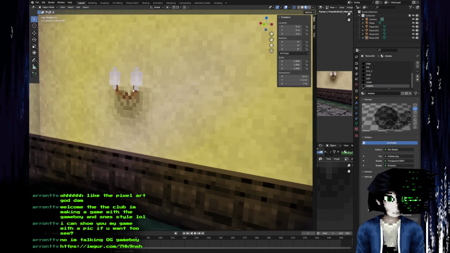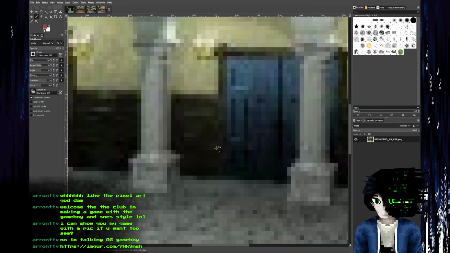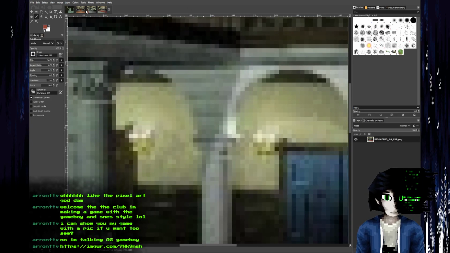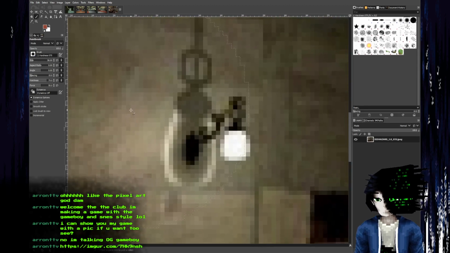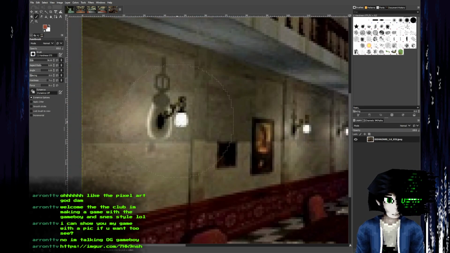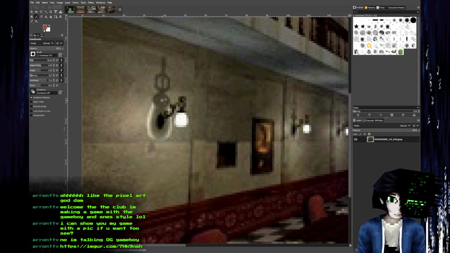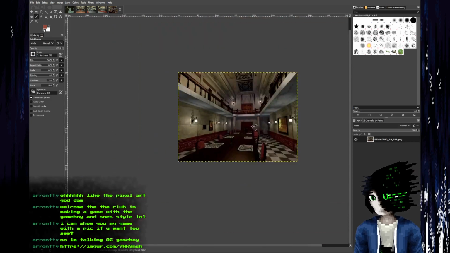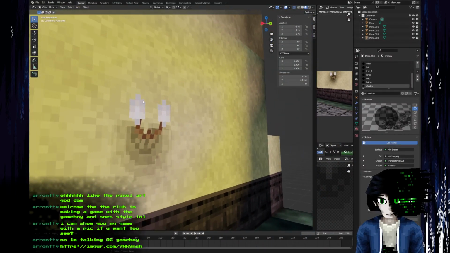Now we do have a bit of a problem here in that this light is just basically being lost against the backdrop. Whereas that wasn't really so much of a thing here. I think it was more of a bug than anything, an art bug, not a code bug. I'm pretty sure in this case this surface isn't actually emitting light, and they've got a light source here-ish, which is why you've got the shadow. The real light is kind of here and it's projecting onto the wall. But yeah, we're not going to replicate that bug,